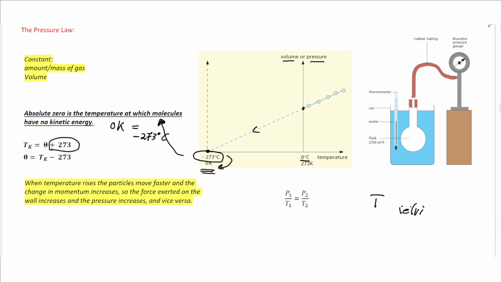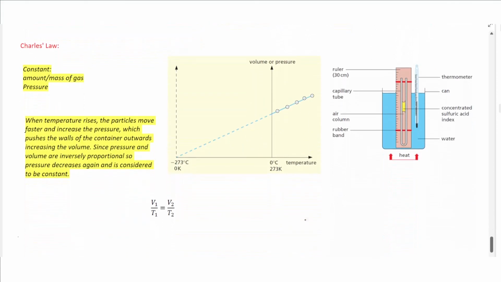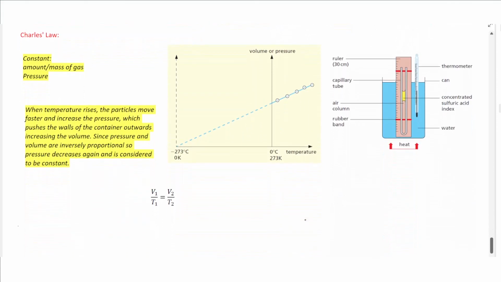It is not repeated as much as P1 V1 equals P2 V2, but it is in the syllabus, so you might be one of the lucky ones that will receive this equation for the first time in about 20 years. Lastly, there is Charles's law, which says if you have a constant amount of gas and you keep the pressure constant and you test volume against temperature, we already said the concept that as temperature increases, the volume increases. But still you have the same idea about the graph meeting at negative 273. So it is the same rule, V1 over T1 is equal to V2 over T2,